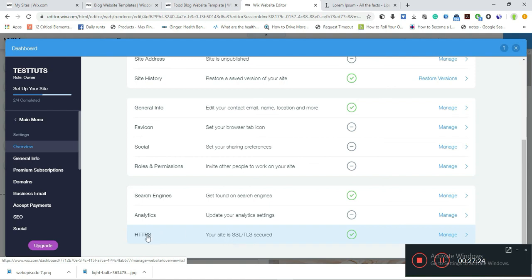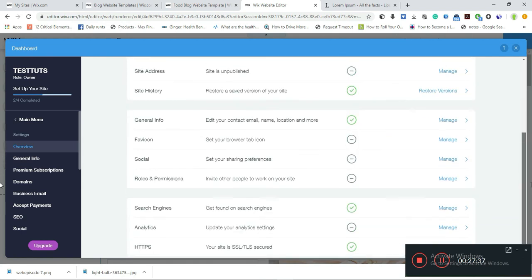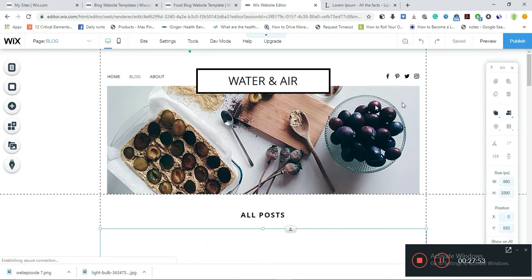So it simply stands for Hypertext Transfer Protocol, and this is SSL, which stands for Secure Sockets Layer. And Wix is giving all of this for free. It's awesome. You need to pay for all of this in other places. And their SEO content, for all the content that you create, is also one of the amazing reasons why you should use Wix. Great layout, great designs. And so once we are okay with how our website looks,